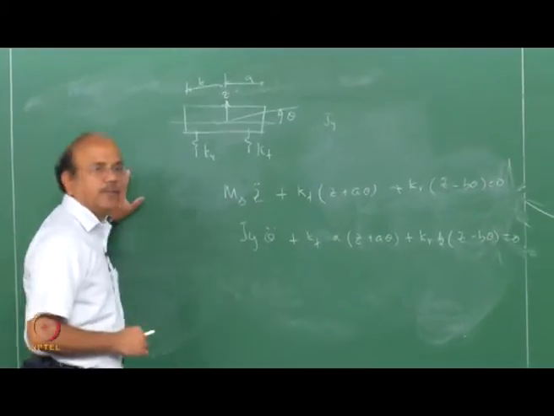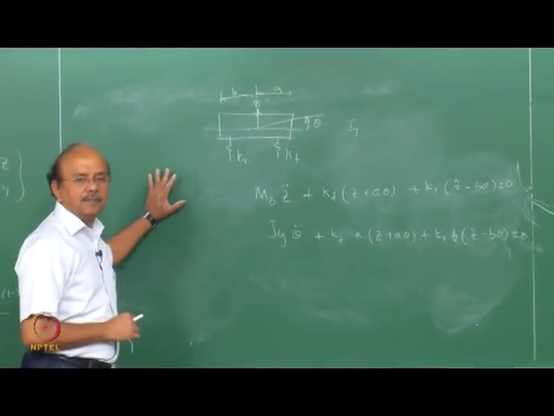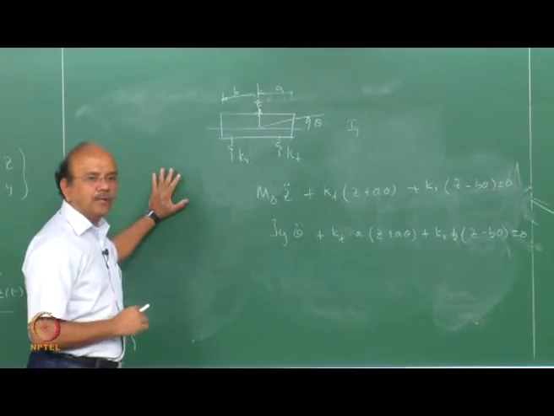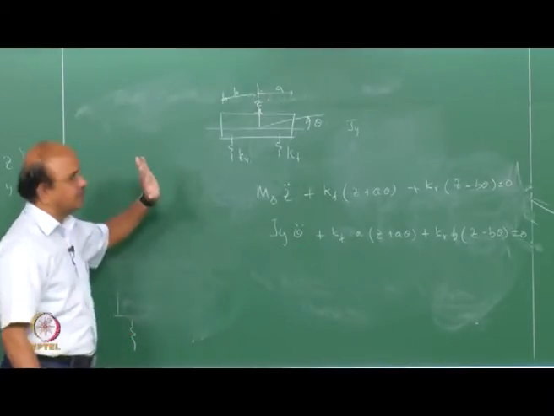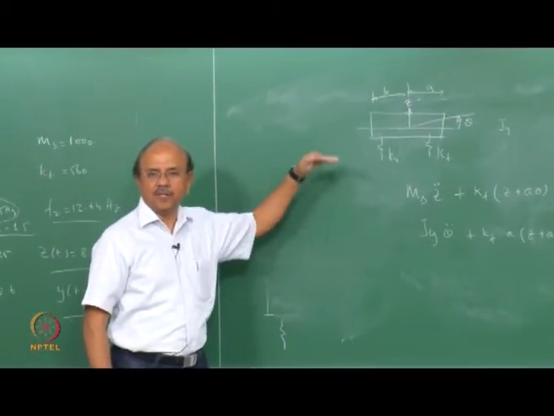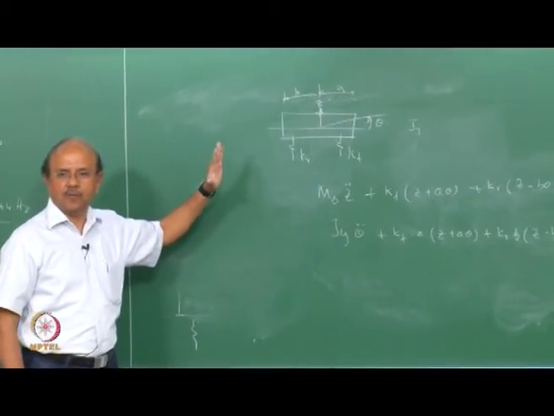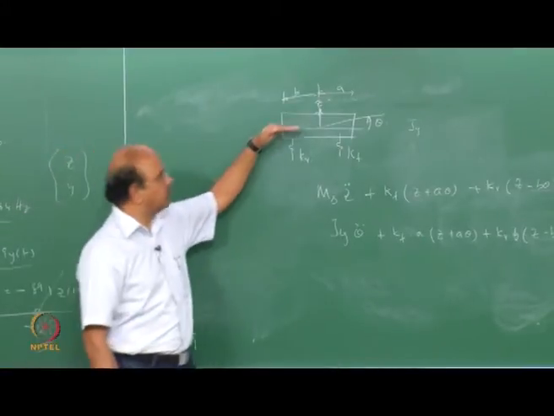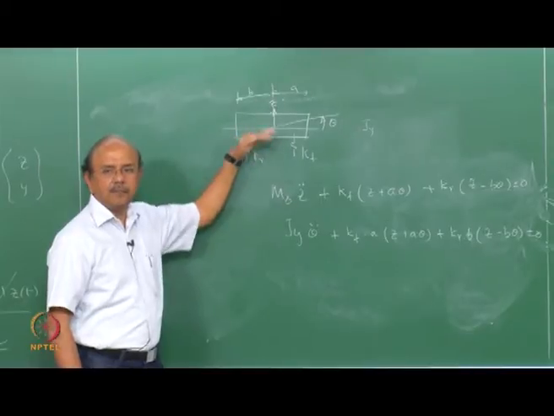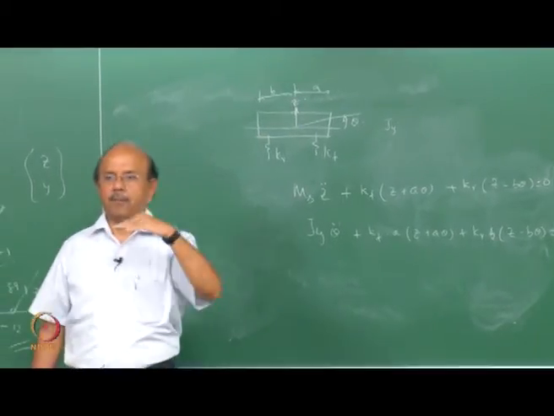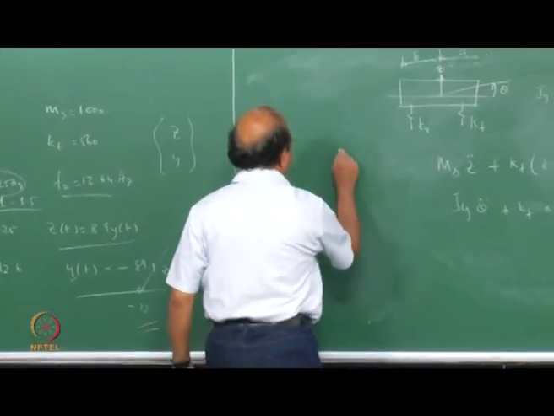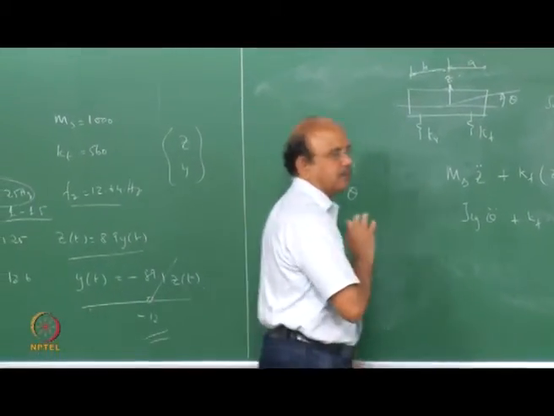Now, we may not have time to complete this, but what are we trying to do here? We are trying to find out the modes. There are two modes in this. Let's understand the physics; the equations follow. What are the two modes? One is what is called the bounce mode, and the other is the pitch mode. So those bounce and pitch modes are given by these two things.